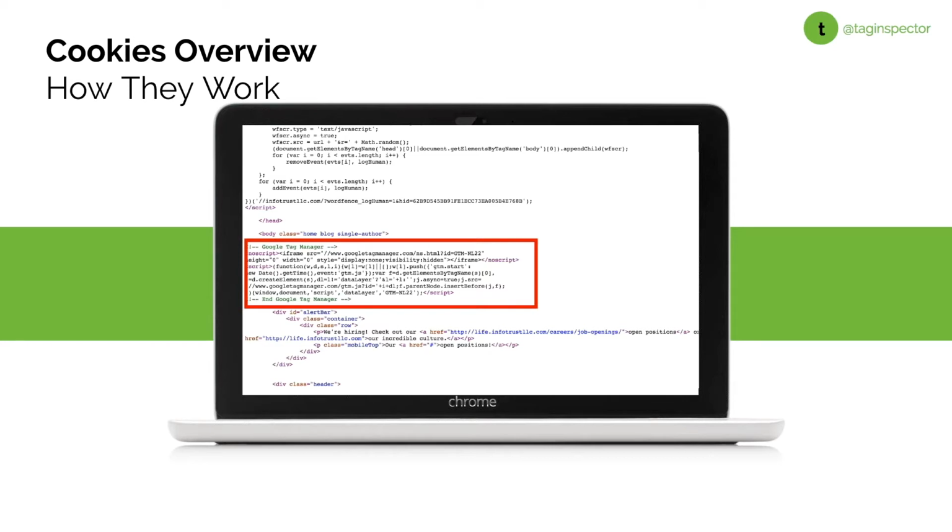So tags are what's highlighted here in this slide. This is a script or a tag for Google Tag Manager. A tag is a piece of JavaScript code that's going to run on your website. Now, these are responsible for setting cookies as well as accessing cookies for the various different types of use cases like I had mentioned. So tags run, they're responsible for collecting information, they're responsible for accessing cookies and then setting cookies. But the cookie itself is, again, just that text file that's going to be placed on your user's browser.